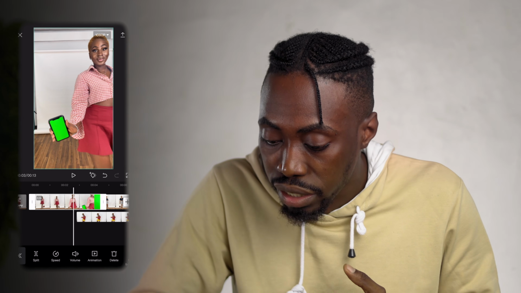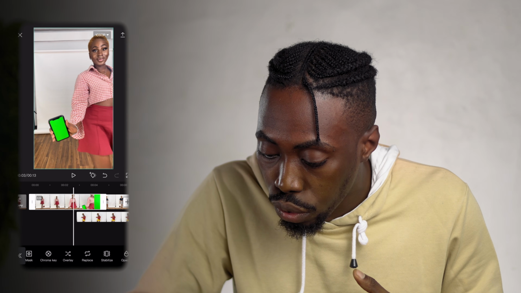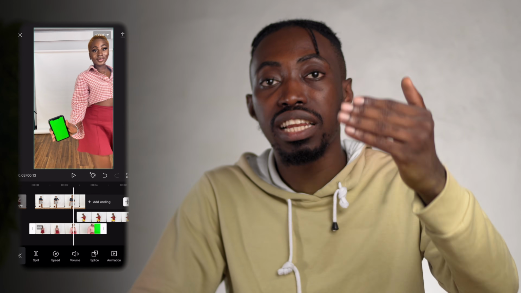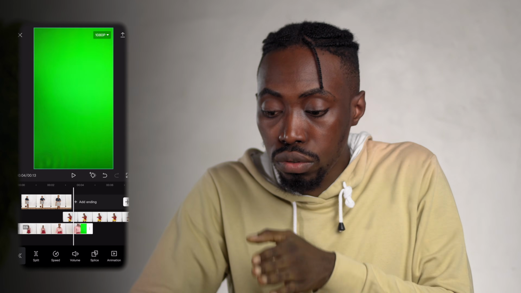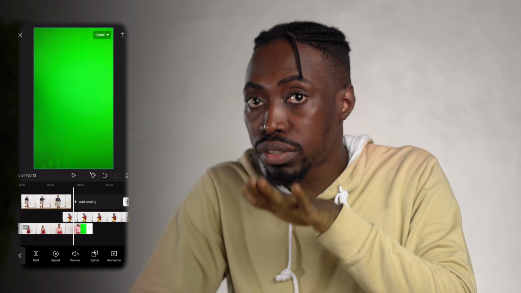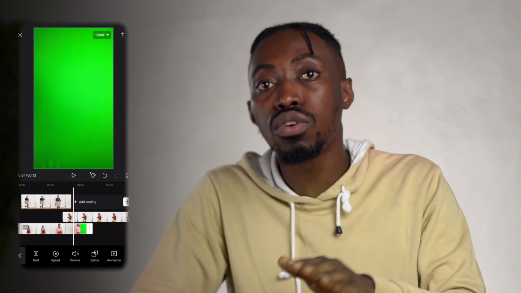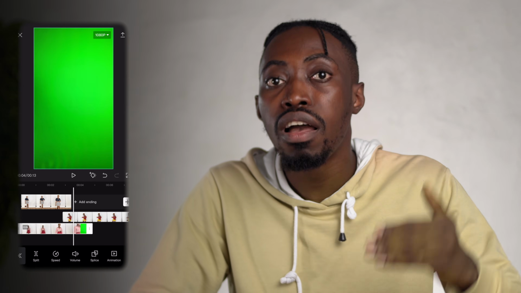So I'll click on that first clip and I'll click on overlay. Overlay will automatically take the first clip above. Don't mind how it's looking on your timeline right now, but as it is now, your second clip is beneath your first clip.